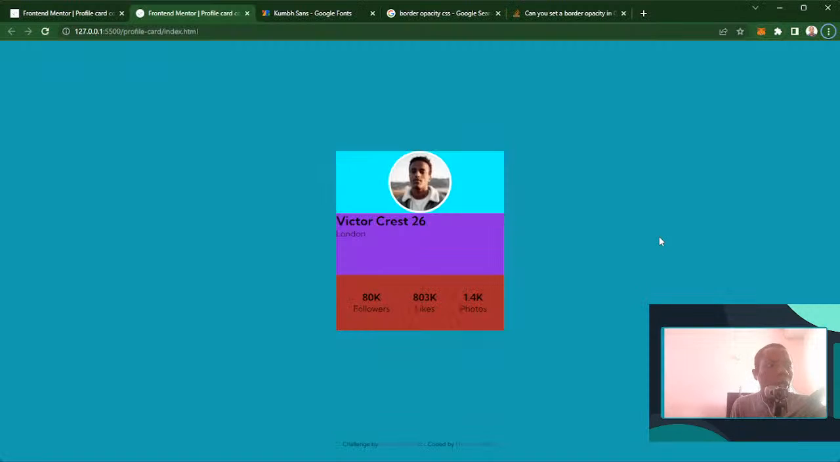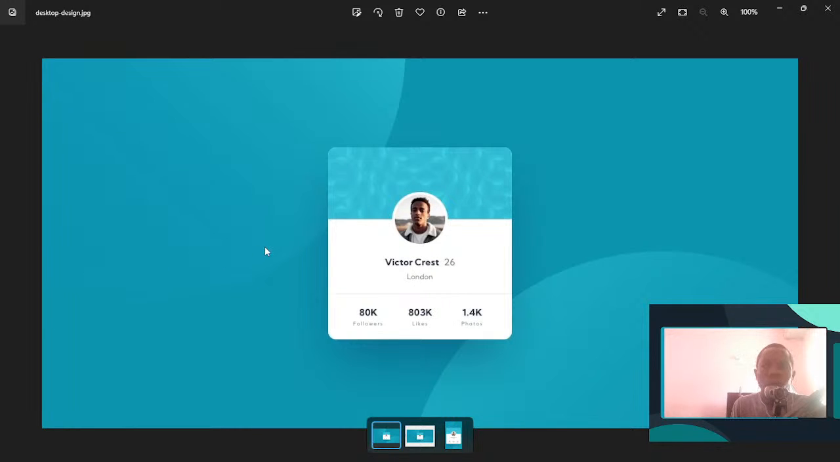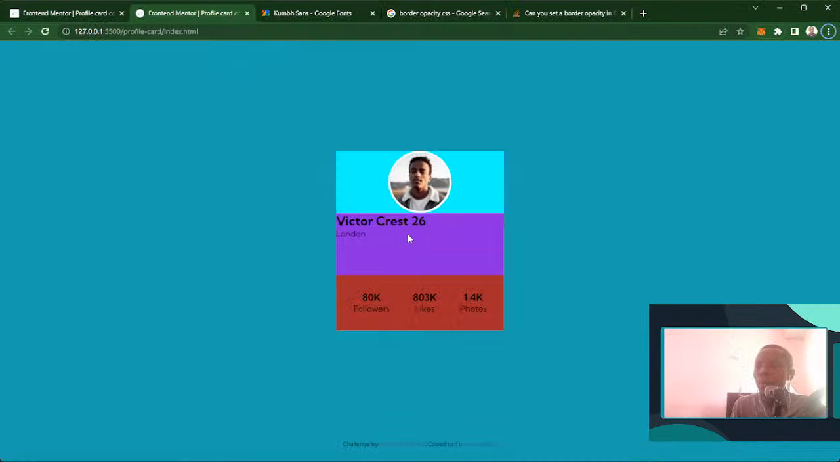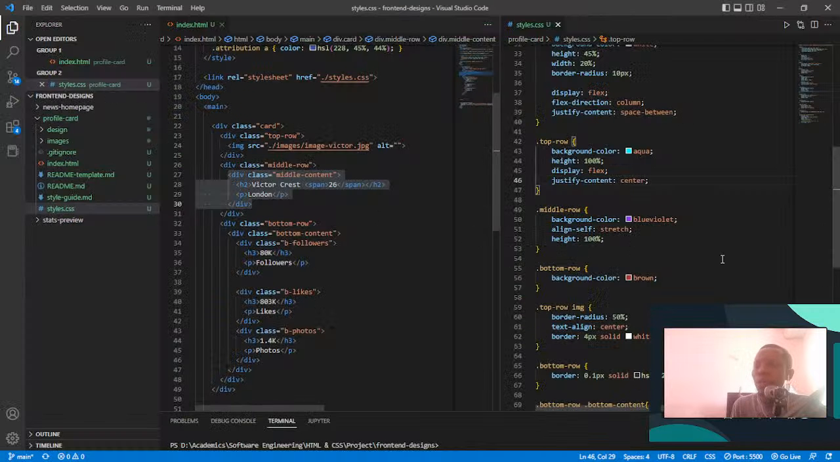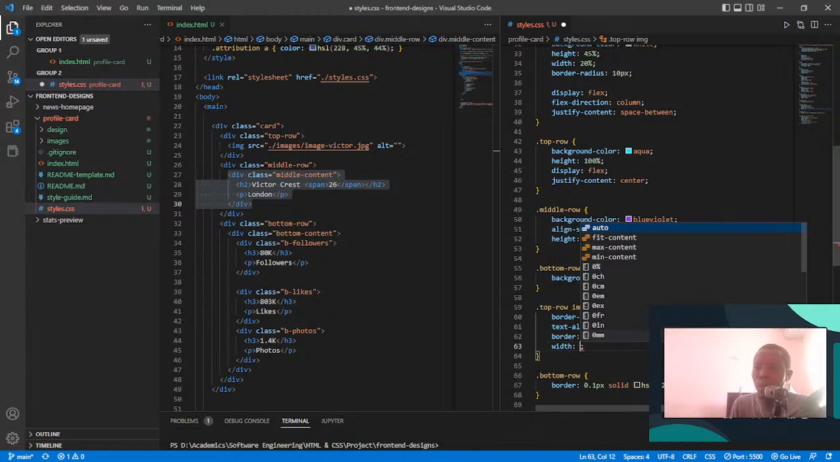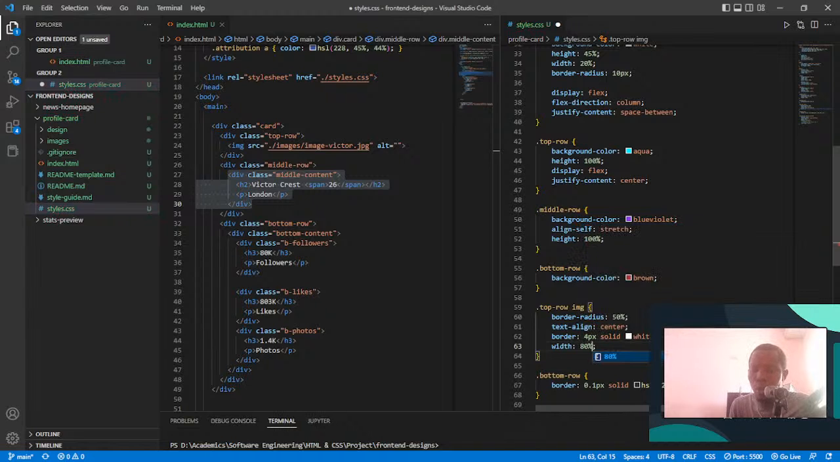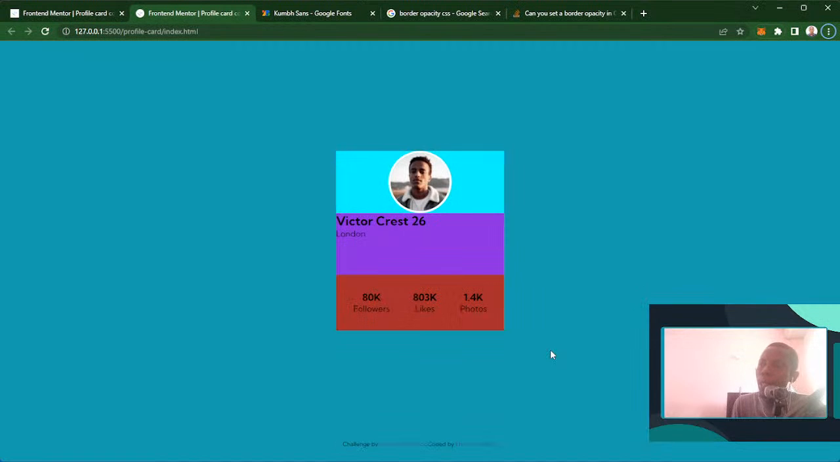I think the image is bigger. It's bigger than this one. So I have to reduce the size of the image a bit. Let's reduce the width to 80% and see. Oh no. I mean, how do I get it down without necessarily